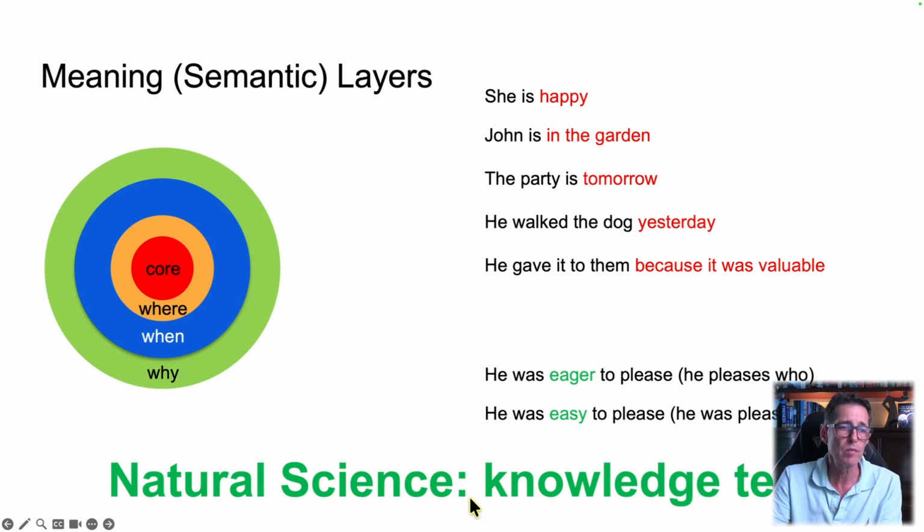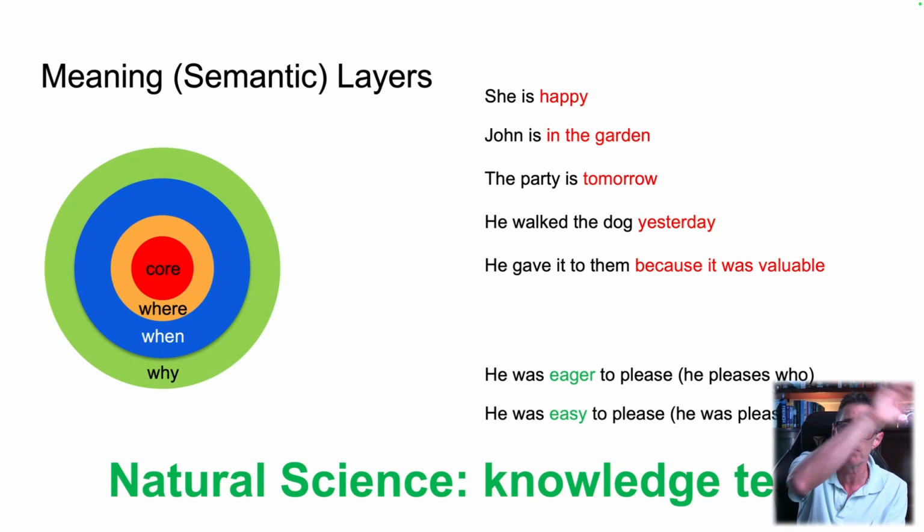The thing about natural science, and I covered this previously, is that natural science is about experimentation. I can propose what these things mean, and then I can test it by asking somebody, does this mean that? So does my knowledge representation mean what this sentence says? So we're able to constantly refine the meaning of sentences by looking at them in some context and deciding what they mean, and then talking to others and seeing if they agree with that meaning representation. So empirical science is a great way of doing science because we can keep refining at very granular levels.